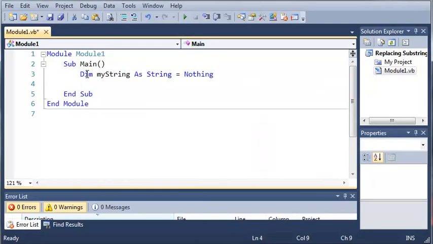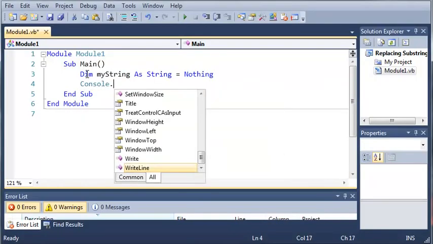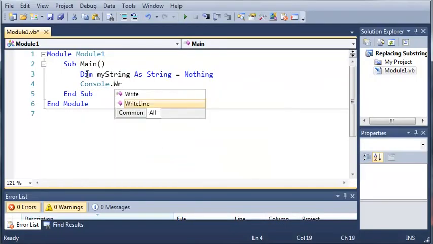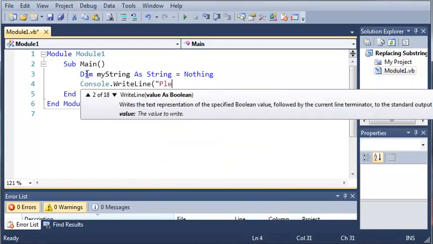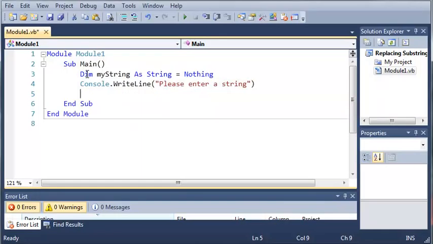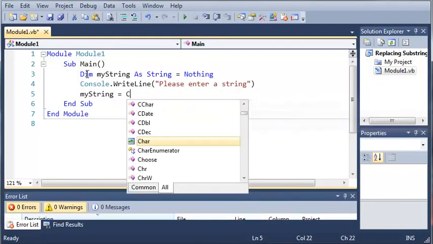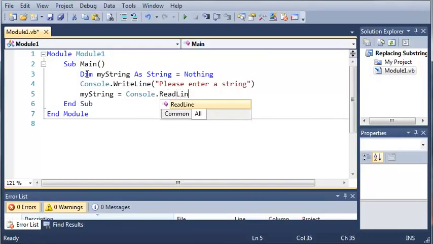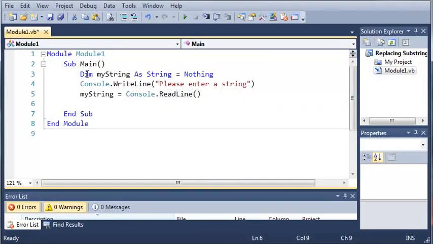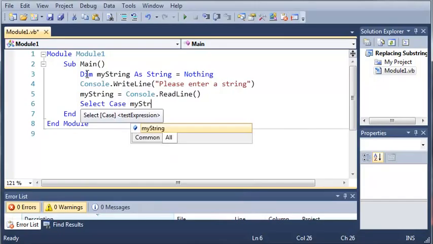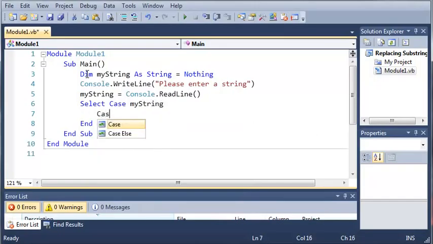And now what we're going to do is we're going to get myString from the user. So we're just going to ask them to enter a string, and then myString is going to be equal to Console.ReadLine. And now what we're going to do is we're going to start our select case statement. So Select Case myString, and we're going to do a case